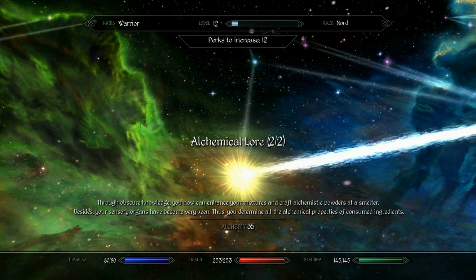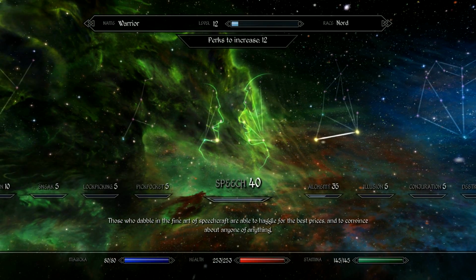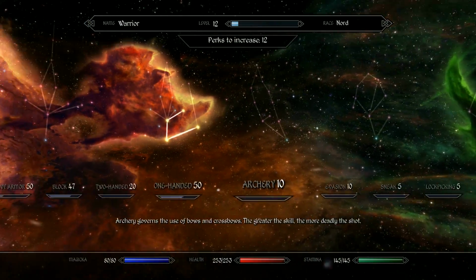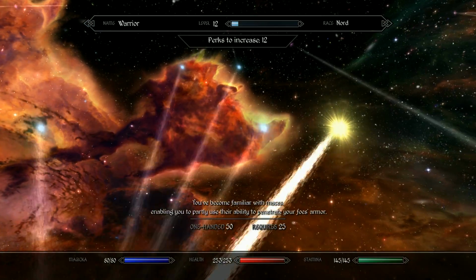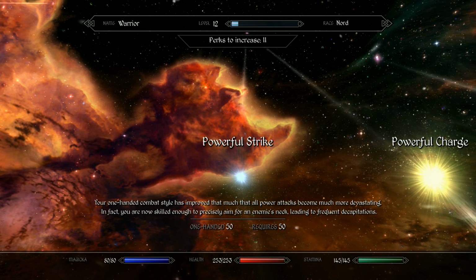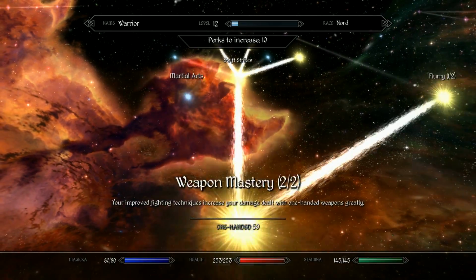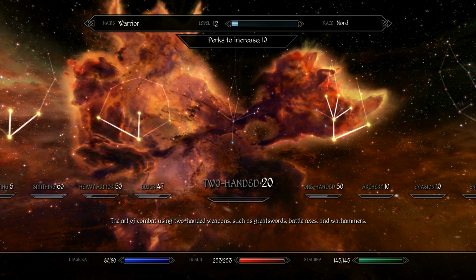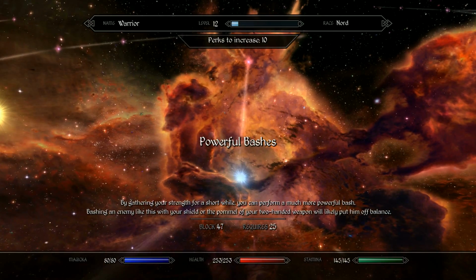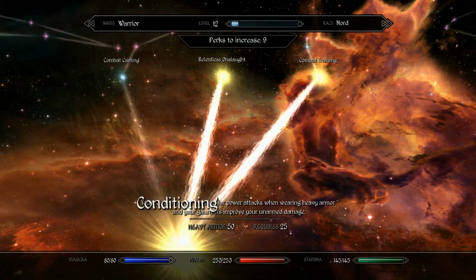Alright, that's the poison side of the tree. I'm really more interested in the non-poison side of the tree right now. Alright, so we take these two. Another thing I've done is you get 1 perk per level, and then you get an additional perk every 5 levels. That's how I decided to do it. So it's actually looking like the warrior is going to be